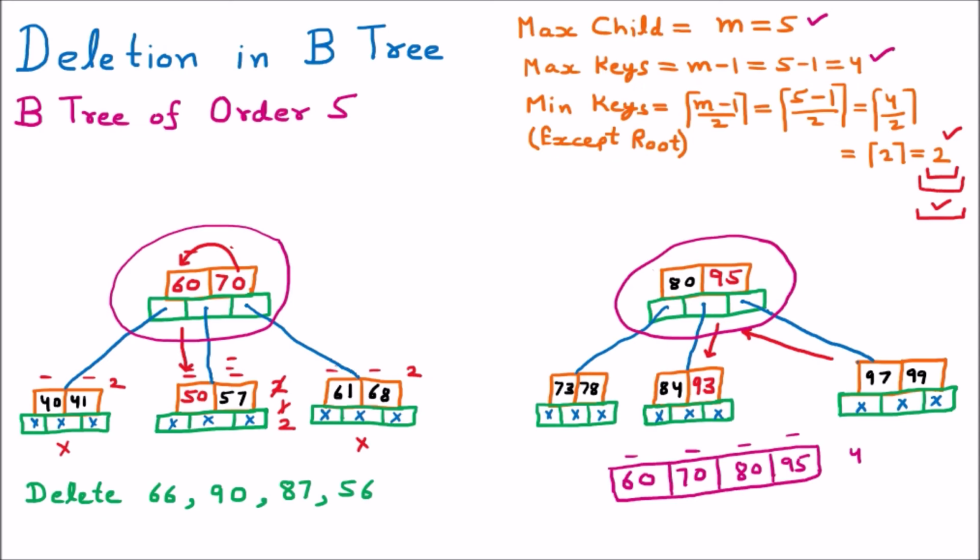So here we can see how many keys are there? They are still 4. That means 4 is the provision. If we are working on 4 keys, there is no problem. So after merging them, no problem comes. And even after that, we know if there are 4 keys, then there will be the 5 child provision. So this 5 will come.